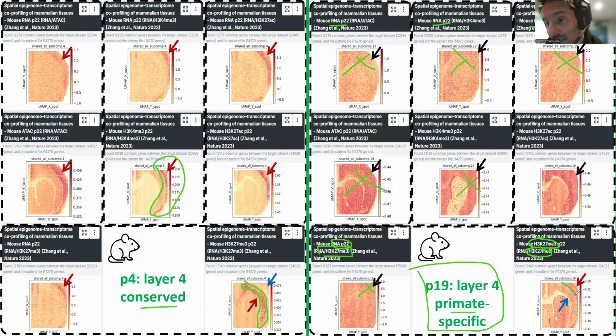There is a specific signature in the mouse to repress this program in layer 4, and it appears really some of the other upper layer identities in the mouse. So what this means is that the transcriptomic signature is not simply absent from the mouse. It is not something that did not evolve until primates were around. So likely it could be used somewhere else. But it is one that is not used by the mouse in that layer.